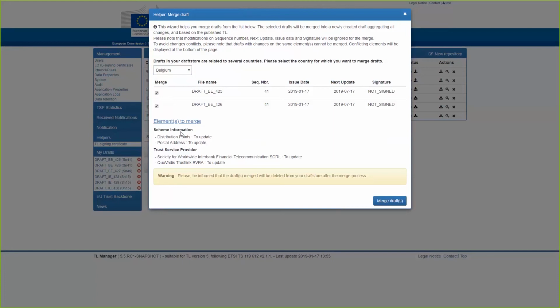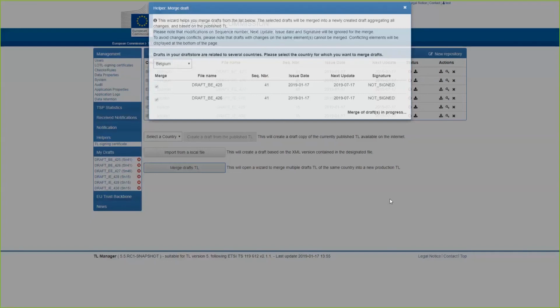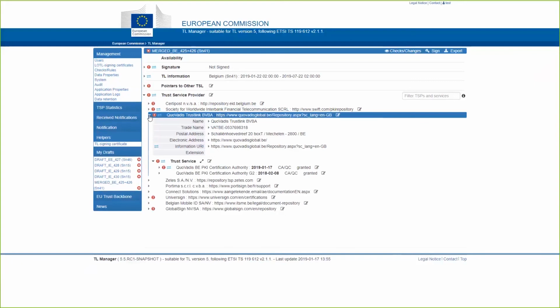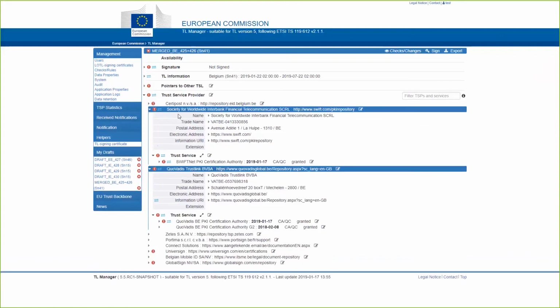See, check for conflicts. The wizard will detect what has to be merged from both sources, and because there is no conflict, it will propose that you can merge these two. Please bear in mind that when you merge drafts, this is how we designed it, we will delete these two drafts and create a third one. It's just a warning at the bottom, so let's click on merge draft, and you will see that these two will disappear, and there will be a new one, named based on the older two, that is merging the different features. This is how it goes when there is no conflict.